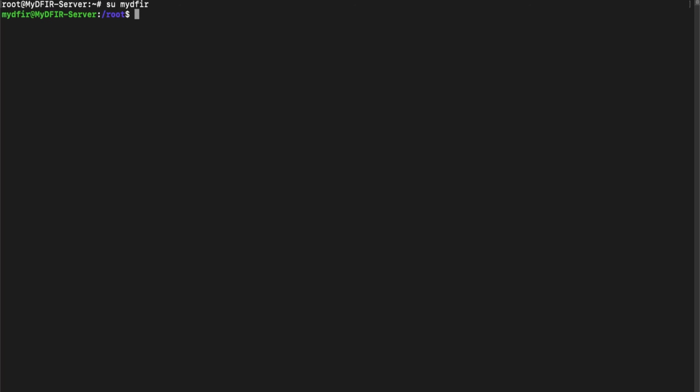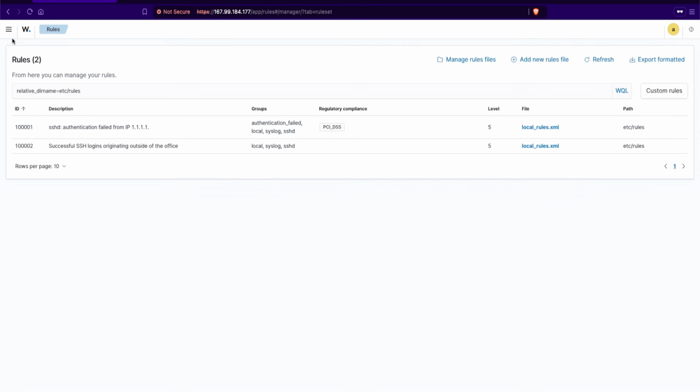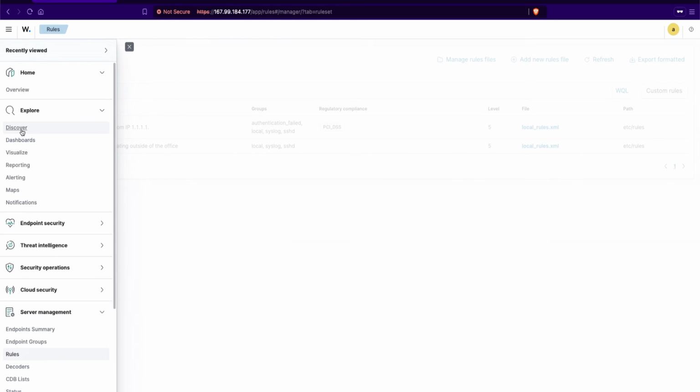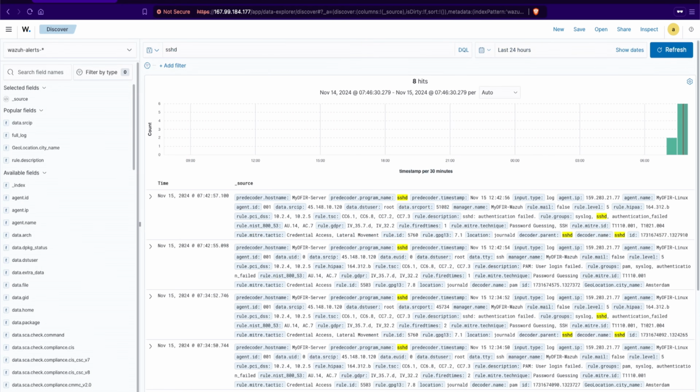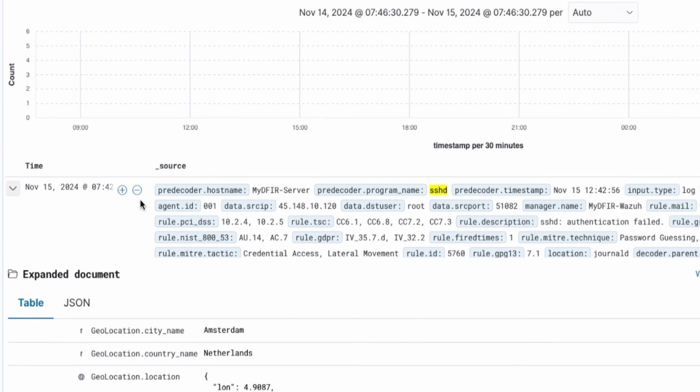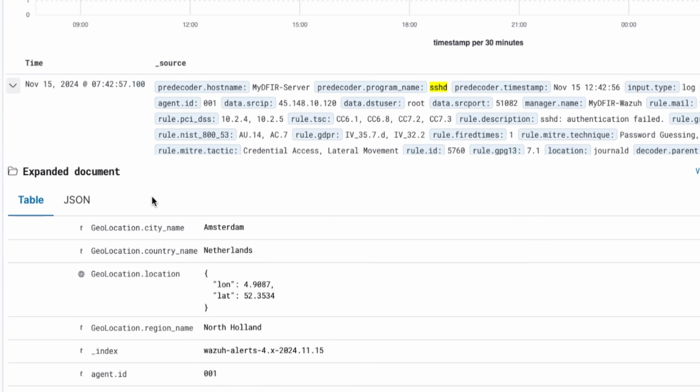Now that I created the account on my Linux server, let's go back over to Wazuh. Over here, I'll go over to my Discover tab. Within this Discover tab, what I'll do is type in SSHD, and that way it will filter for all SSH related activity. At the bottom, I am going to expand the first event from the top. And the objective here is that I'm going to select the field names that I think are going to be